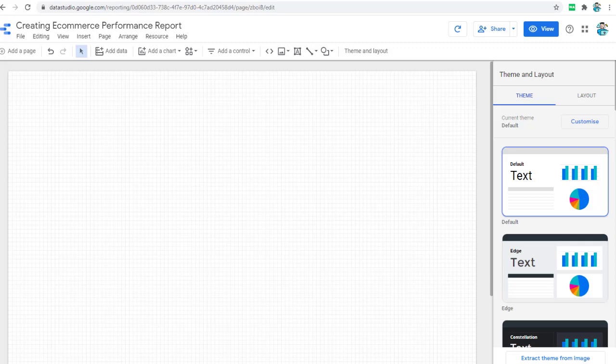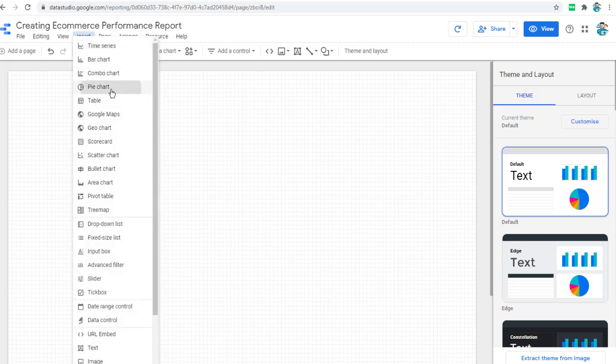In this Google Data Studio tutorial, you are going to learn how to create a website performance report for your e-commerce website. In this e-commerce website report, we're going to create a visual report for how many sales were generated by the age group, the profiles, and the gender that converted into most sales, and the top countries that resulted in the most number of sales. So let's create our report.